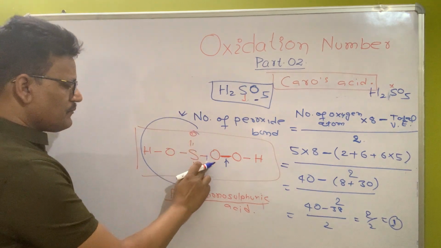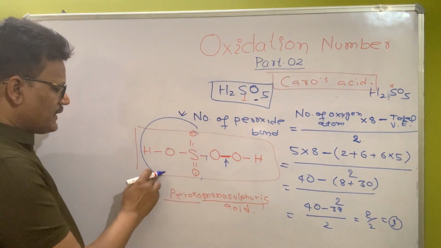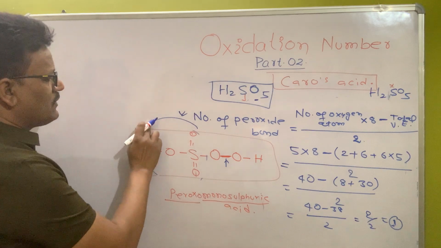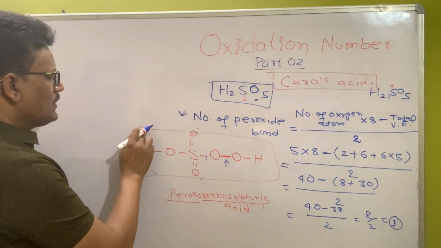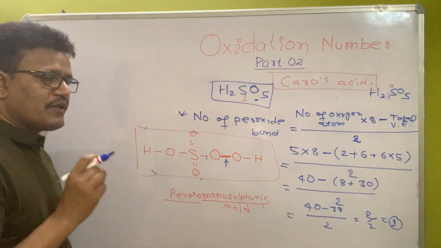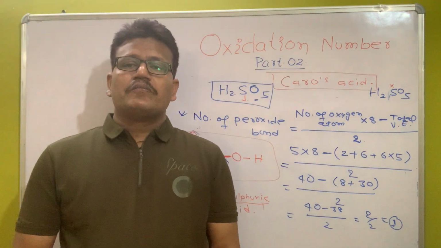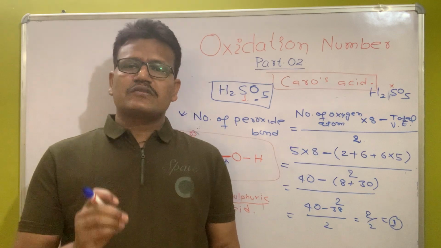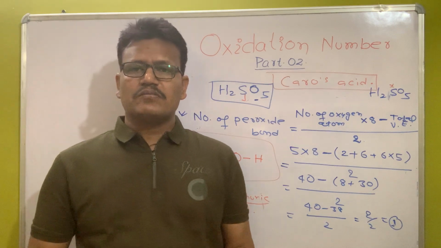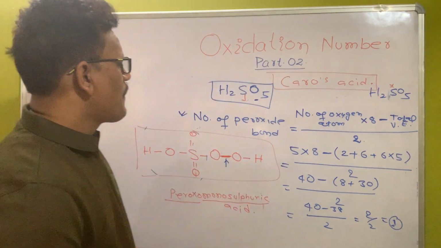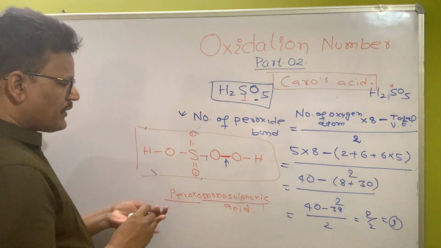So in case of Caro's acid or H2SO5, 2 oxygen atom will have oxidation number of -1, because peroxide has -1 oxidation number, oxidation state. So now we can calculate